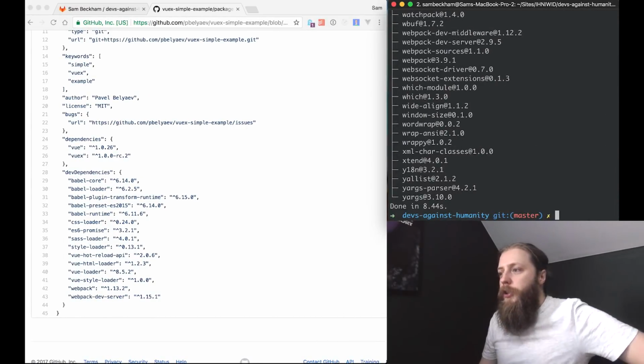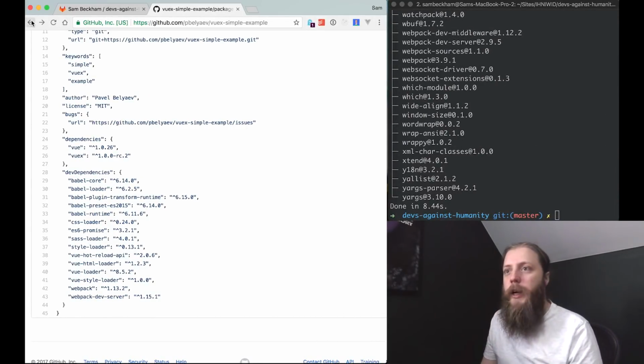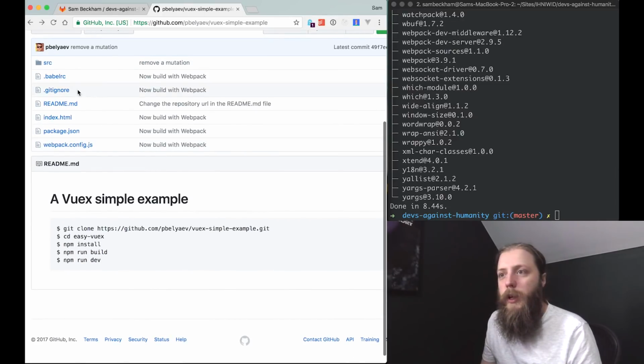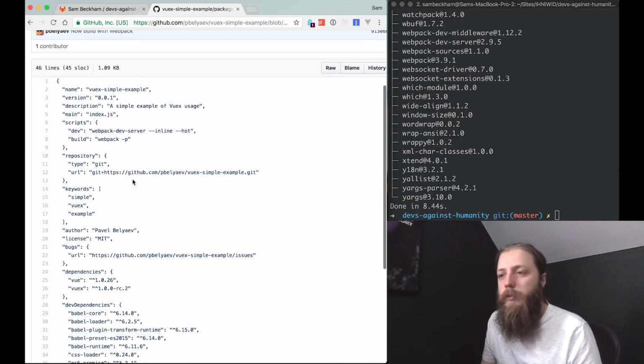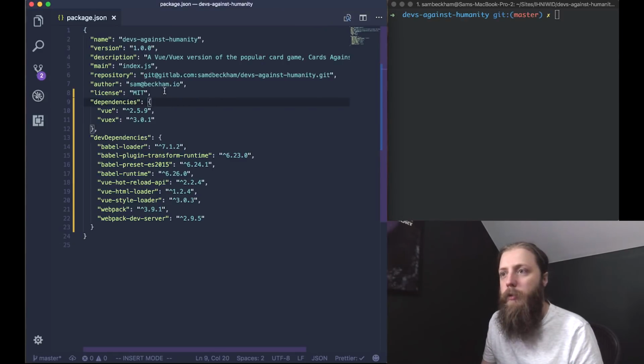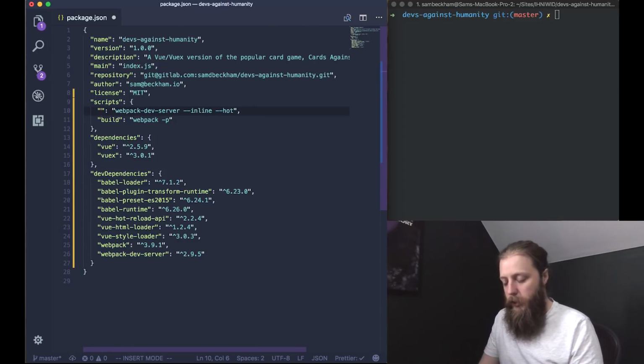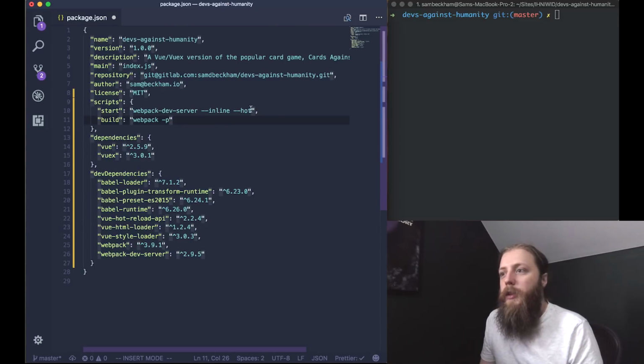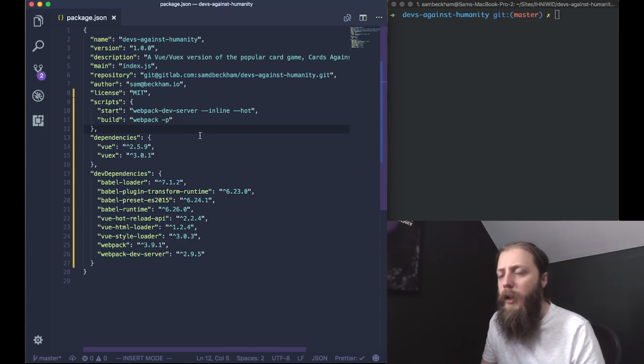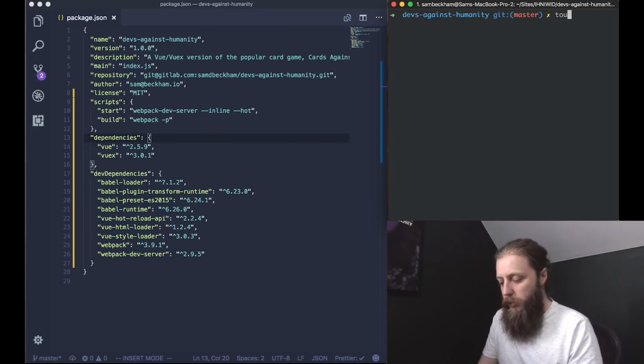So, what do I need now? In there, I need... It's got dev and it's got build. I'm going to copy this block straight off because I am going to edit it, because I don't like using dev and build. I like using start. Build can stay. We need to set up a webpack dev server though. So if I create